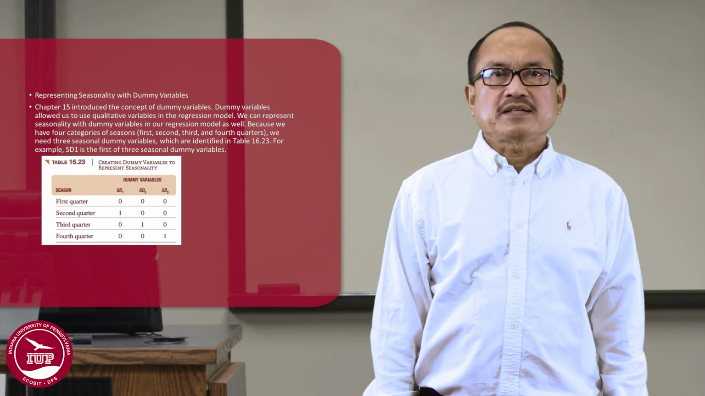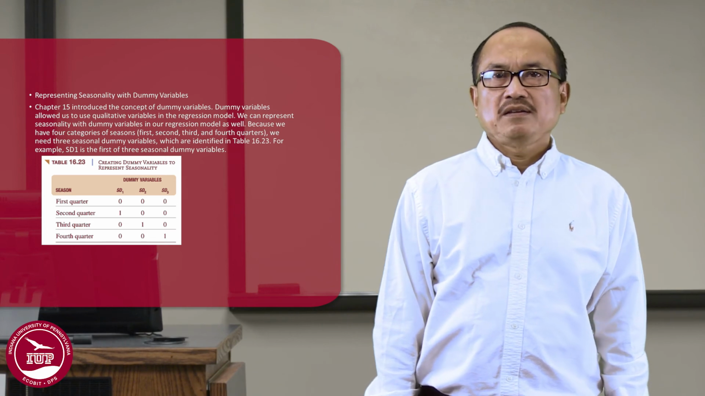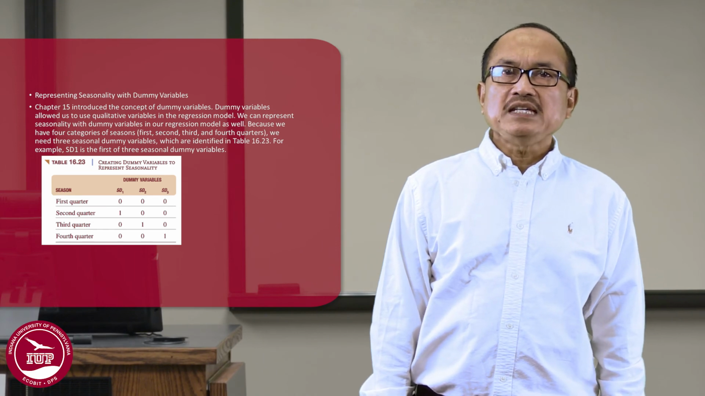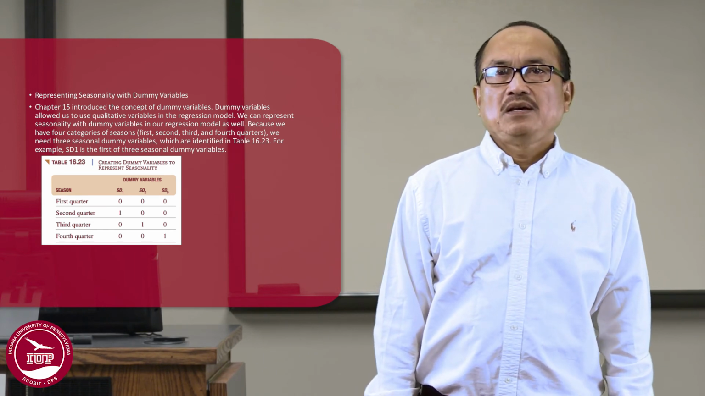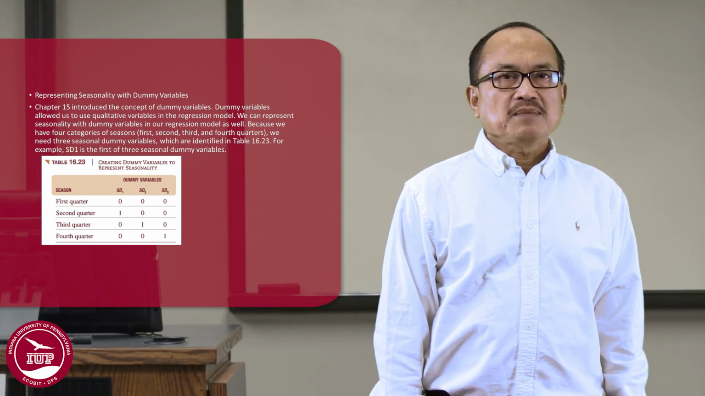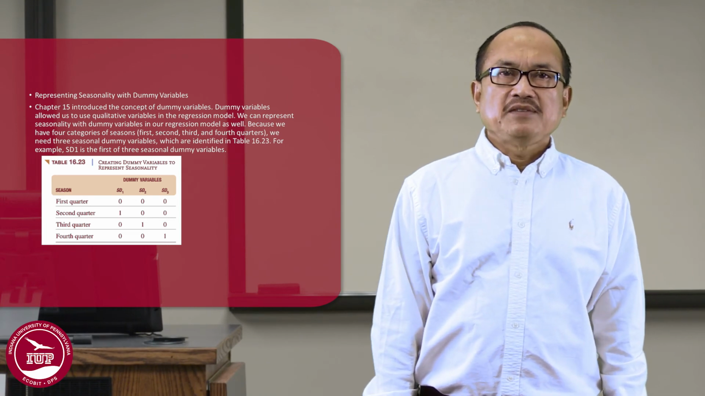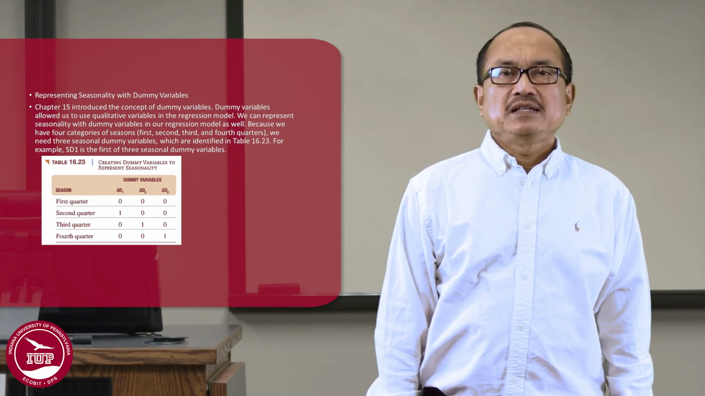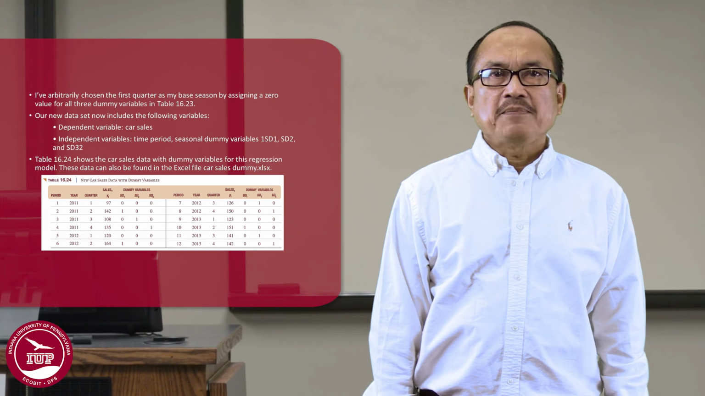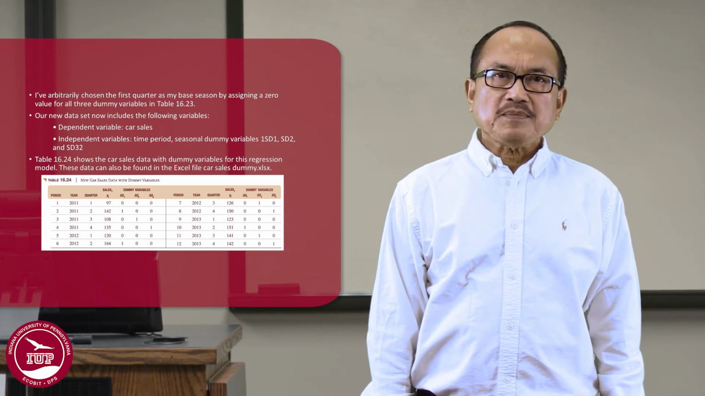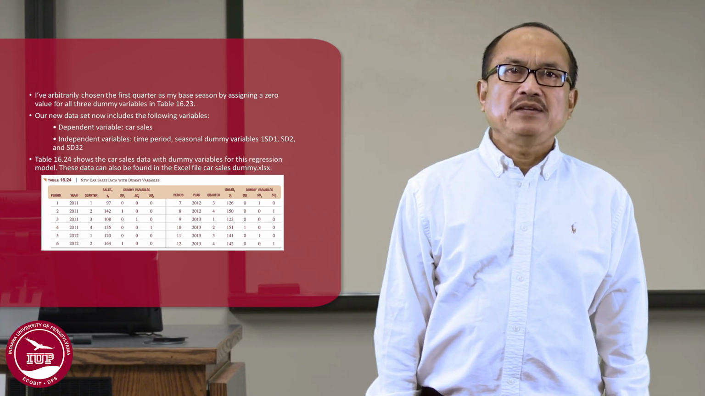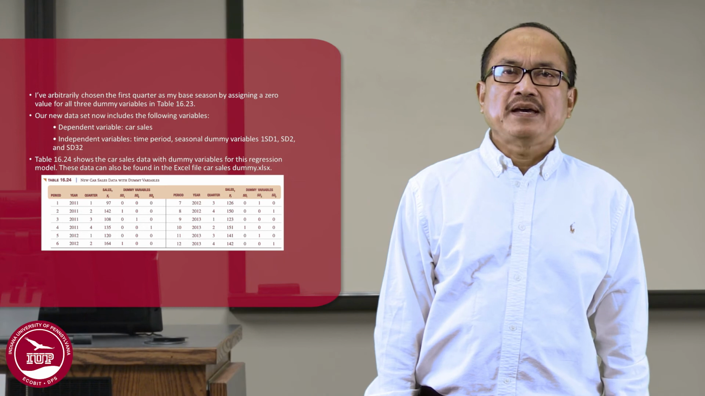Because we have 4 categories of season, first, second, third, and fourth quarters, we need 3 seasonal dummy variables, which are identified in Table 16.23. For example, SD1 is the first of 3 seasonal dummy variables. I've arbitrarily chosen the first quarter as my base season by assigning a 0 value for all 3 dummy variables in